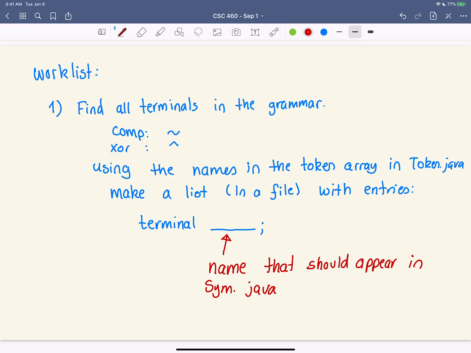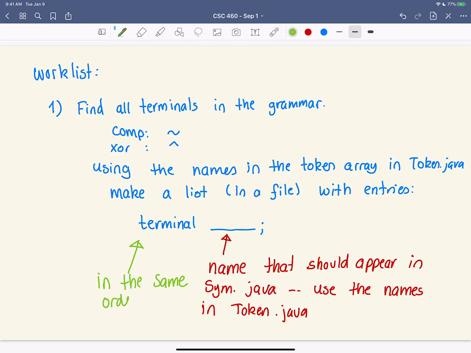So use the names in token.java. And these should be in the same order as in the token array.